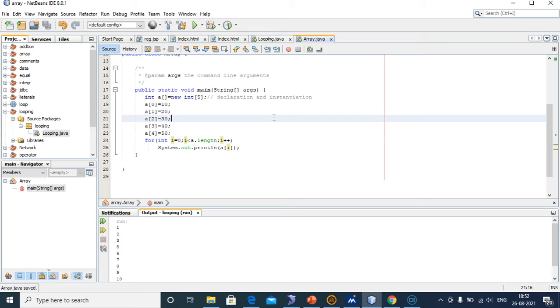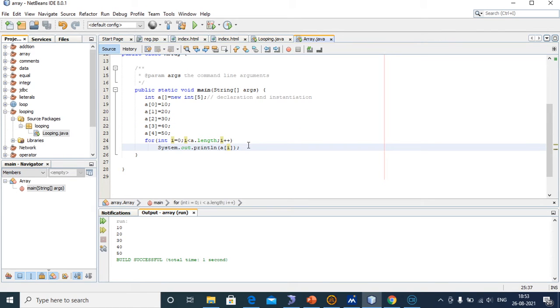Now we have to save and execute. It will print the values, because we stored the 0th index as 10, 1 index as 20, 2 as 30, 3 as 40, 4 as 50. Totally we stored 5 elements. Based on that we print a of i. This is array declaration and initialization.